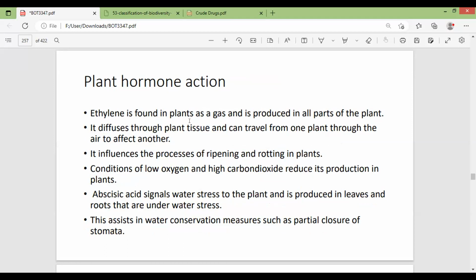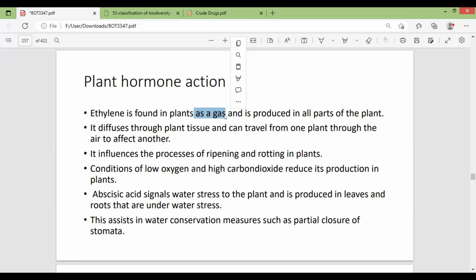Remember, from organic chem, ethylene will exist as a gas. So once, for example, you have two plants next to each other, ethylene will be produced, and because it's a gas, it can diffuse to the other plant, and the other plant